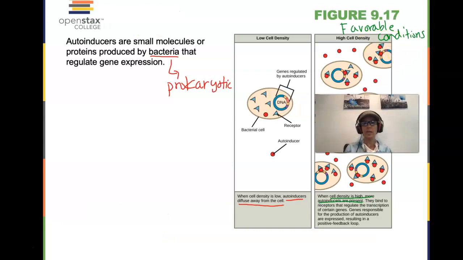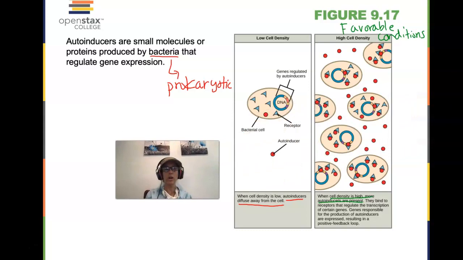This happens because of signals called autoinducers. If this was a multicellular organism, we had autocrine signaling. A cell emits a signal that signals the cell that made the signal. The same thing is happening in prokaryotic cells, but we don't have any tissues. We are not connected to any other cells. So it's called an autoinducer